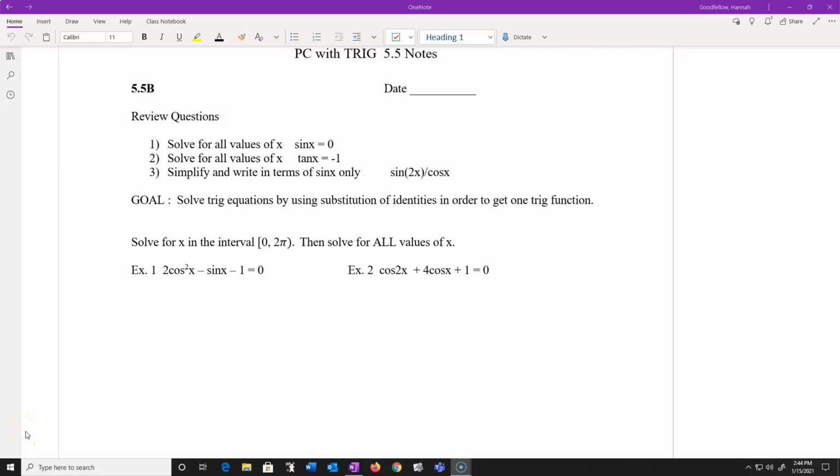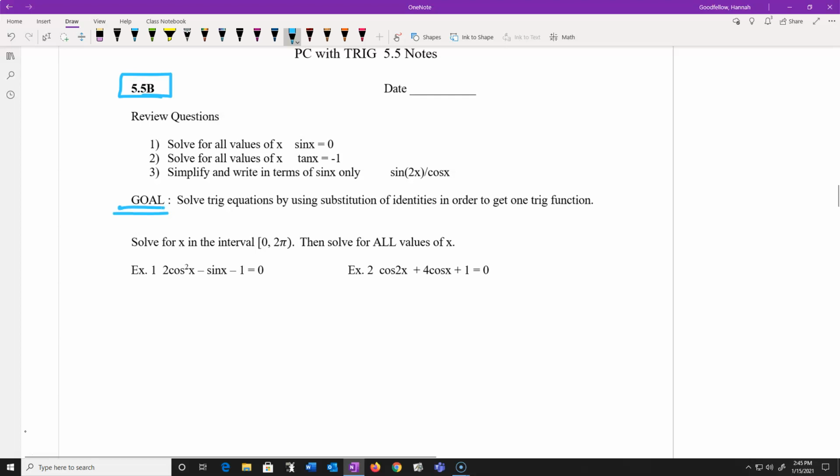All right, we should be starting a new video today for 5.5b. And up until this point in time, we really only ended up solving either a singular trig function or possibly two different trig functions at the same time. What we're going to really be working on today and some goals that are going to be our focus today